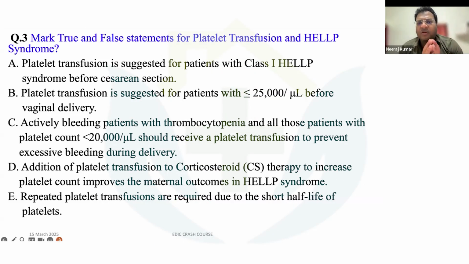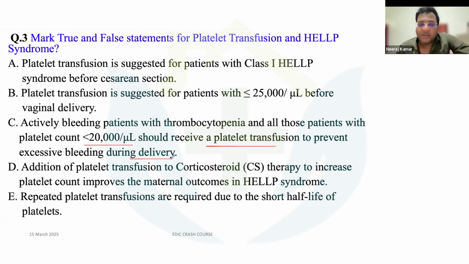So again, this question is related to platelet transfusion and HELLP syndrome. So we'll read here the various types of HELLP syndrome. So what is the class of HELLP syndrome? The platelet transfusion is suggested for patient with class 1 HELLP syndrome before C-section. Platelet transfusion is suggested for patient with less than 25,000 per microliter before vaginal delivery, and actively bleeding patient with thrombocytopenia, and all those patients with platelet count less than 20 should receive a platelet transfusion to prevent excessive bleeding